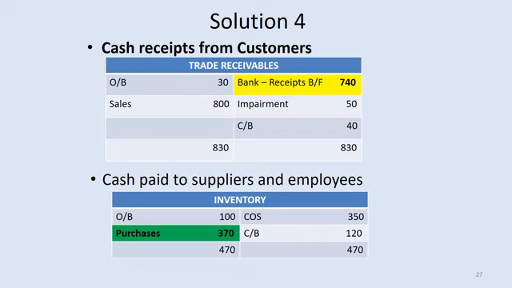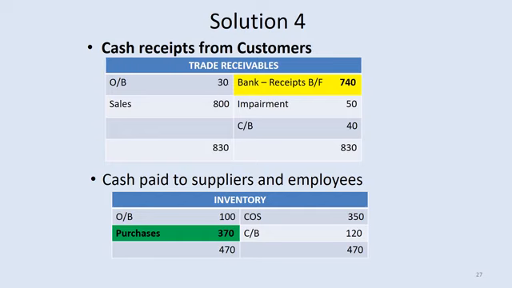And we start off working with our workings. We want to work out what all our workings would be in terms of these T accounts. And if you aren't comfortable with drawing up T accounts and you simply want to write 30 plus 800 minus 50 minus 40 for trade receivables, you can. That will also be marked correctly. I just like to do the T accounts because visually it's just a little bit easier to gain a